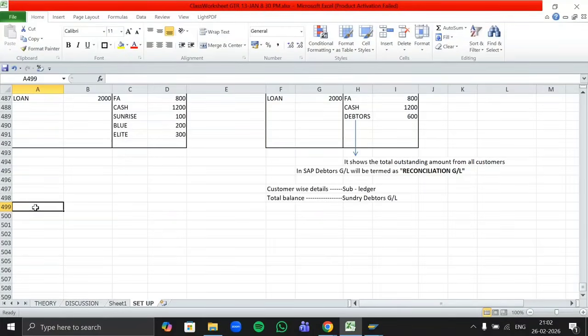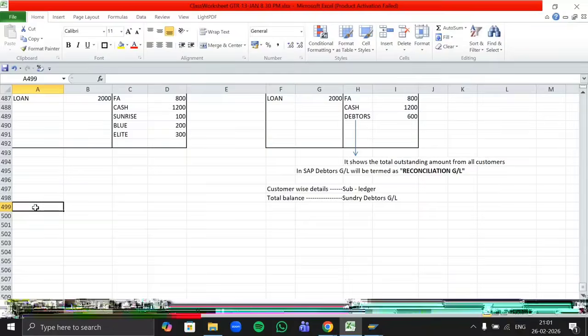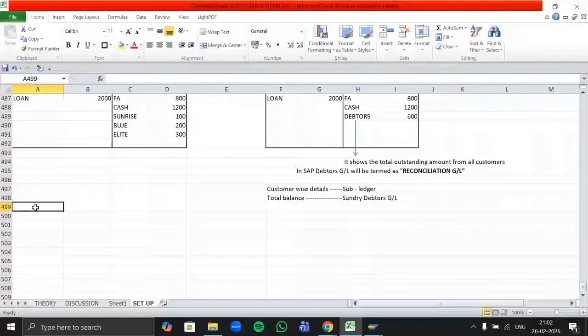What is a customer group? It is used to classify your customers who have similar characteristics. Let's say we have 5 retail customers, 10 wholesale customers, and 15 export customers. We'll create 3 customer groups.